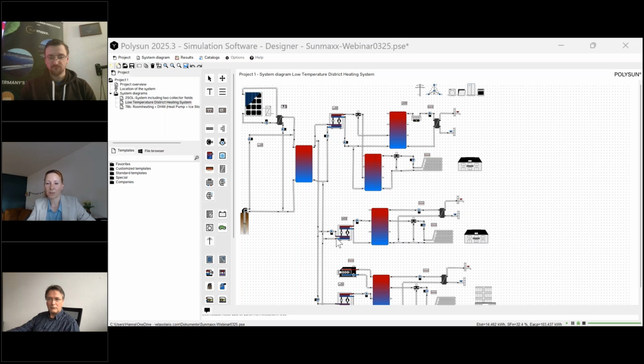But if your neighbors have a ground source loop as well, and we know that very well in dense cities or areas in Germany and Switzerland, the ground will cool down over the time of 5 to 10 years or even more. So to make sure that the temperature level in the ground isn't going down and the efficiency of your heat pump isn't decreasing with time, you regenerate it, and the solar thermal heat that is created in the PVT can be brought to the ground and stored there.